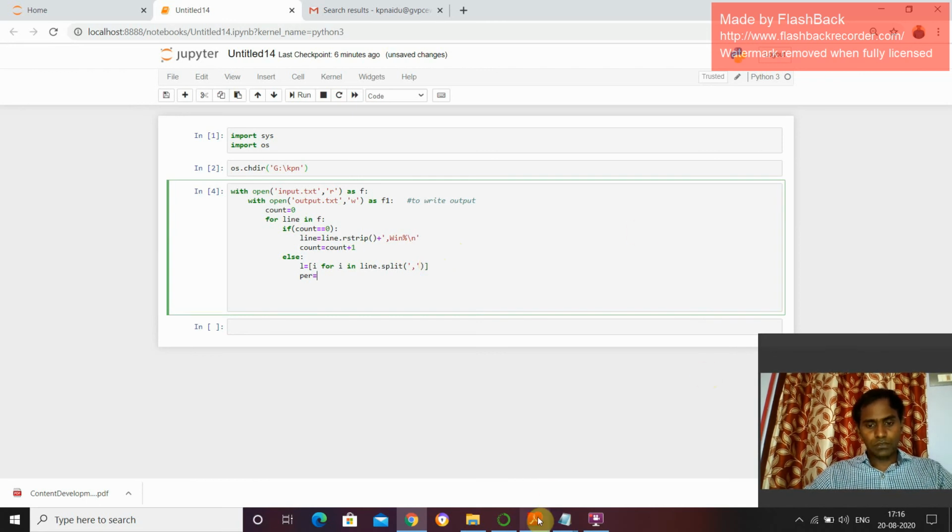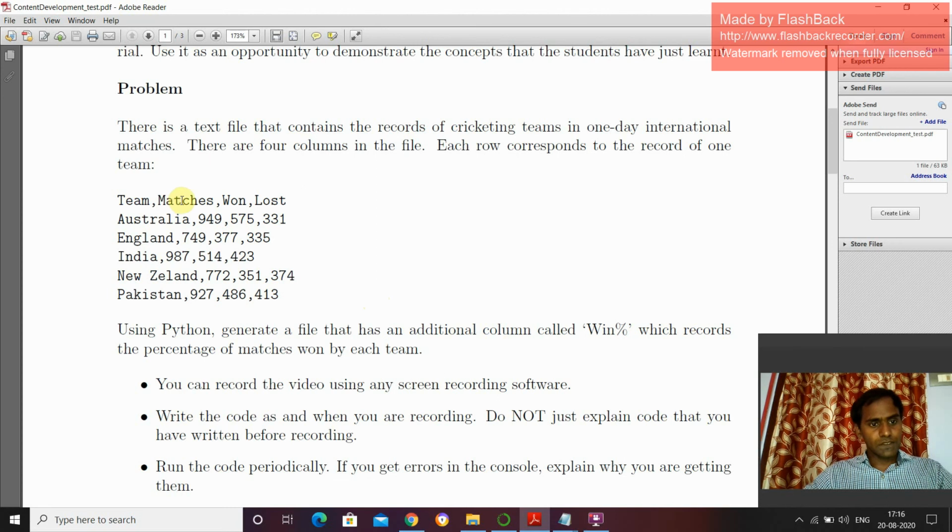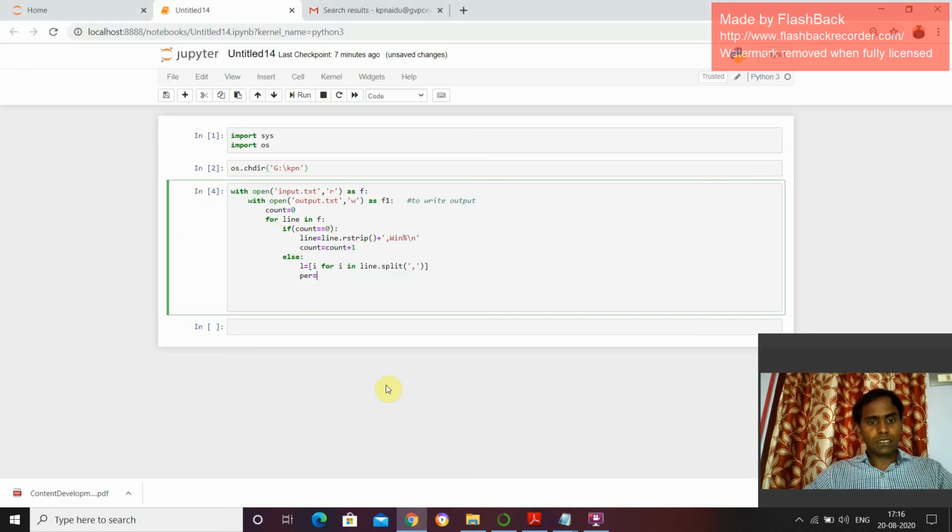So to calculate the percentage, I have to take int of L of 1, into 100, divided by int of L of 1.